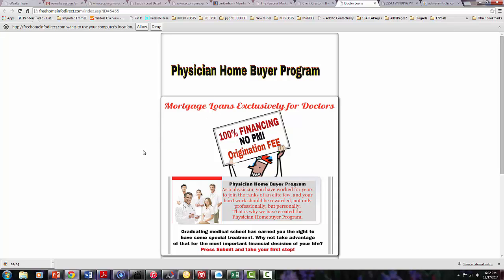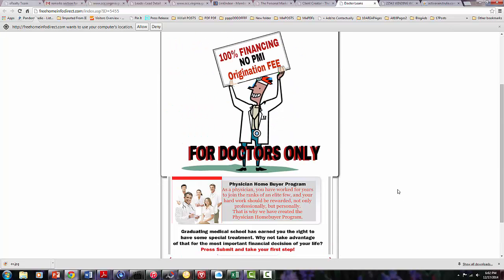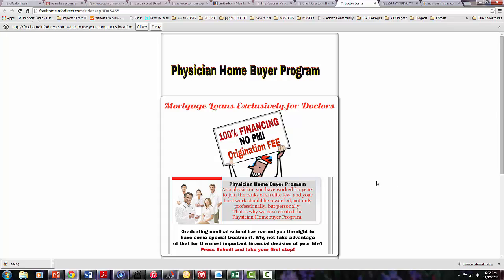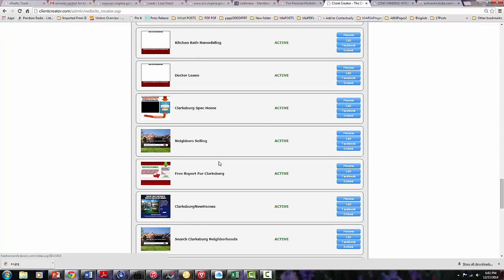In this case, my loan officer is offering this nice 100% financing to people that are going to be doctors, going into the medical profession, because they are right now struggling and going to college, trying to become a doctor. This bank is going to offer them 100% financing. And obviously, I want to be able to give them the information that they need in order to get 100% financing. That is where the landing page is.